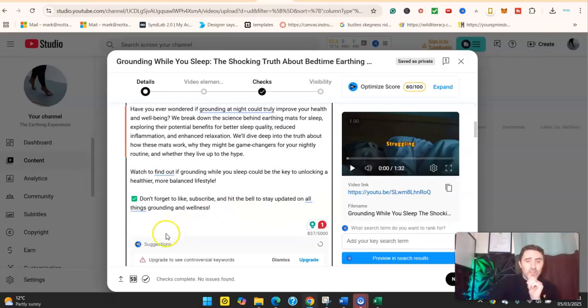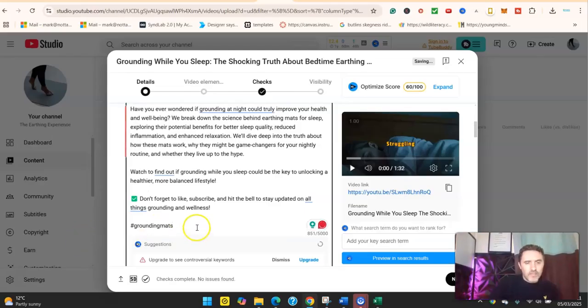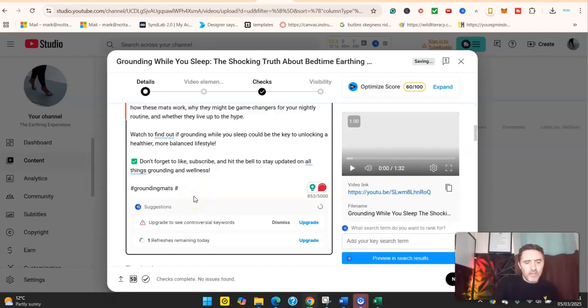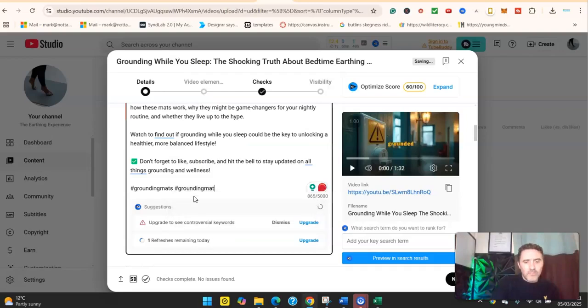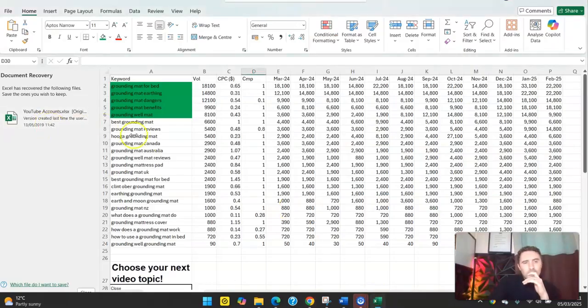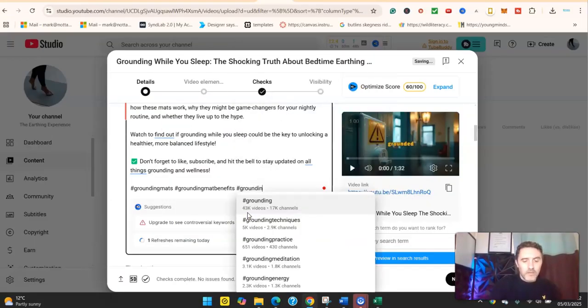Okay, next I'm also now going to put in some hashtags related to our keyword. So, hashtag grounding mats, like so. And then I'm going to do hashtag grounding mat benefits. Yeah, and then I want another one as well, realistically. So I'm going to go back over here, and all I'm doing is look, grounding mat for bed, earthing, grounding mat, earthing. I'm just going to use one of these. So I'm going to go with that one, grounding mat earthing. I'm going to go hashtag grounding mat